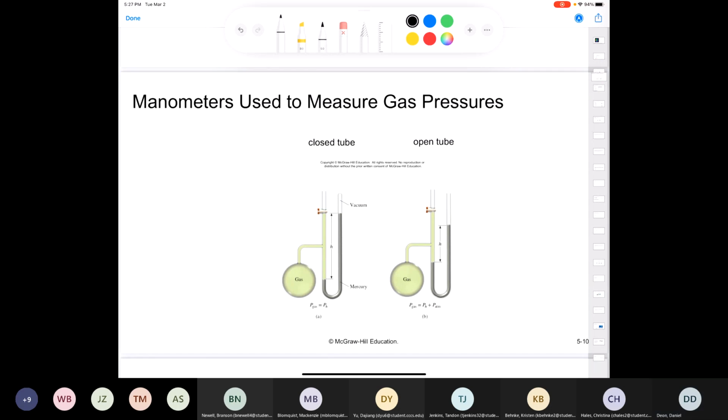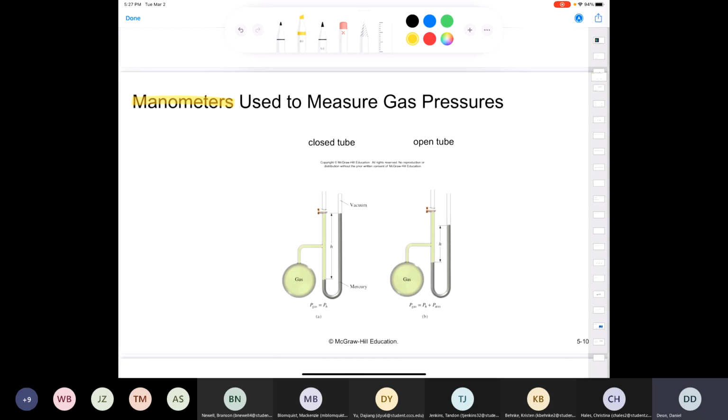Well, in order to do that, instead of using what's called a barometer, we use what's called a manometer. Okay, so you get a barometer, then a manometer. I've heard students call it a manometer, but I think it's actually pronounced manometer. So there's two types of manometers that we're going to be concerned with in our class. And our book doesn't go into great detail about manometers, so I'm going to talk about them a little more